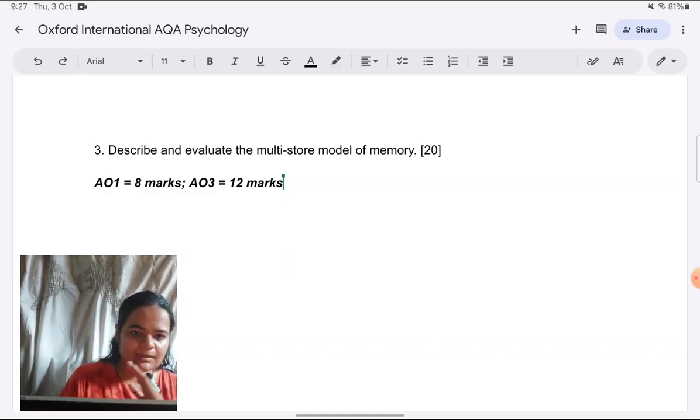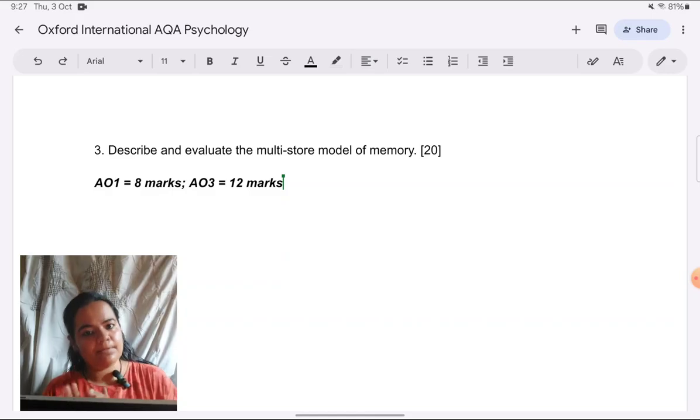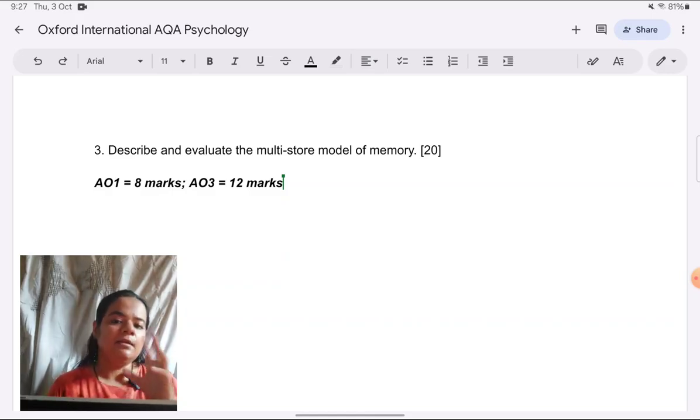Even if we see the mark scheme, they haven't specified how many evaluation points you need to give or how many descriptive points you need to give under AO1. But I would give you some suggestions according to me. This is strictly my personal opinion as I'm making the outline: what you should cover, how much you should cover, in my opinion, for a good writing style. Take it as a model of how you should write, or a sample. It does not have to be fixed. You can take it as a sort of rough template on how you can structure your answer.